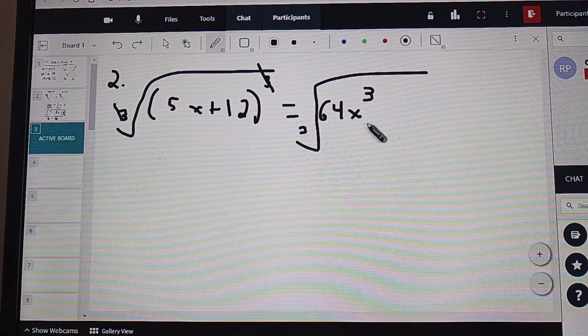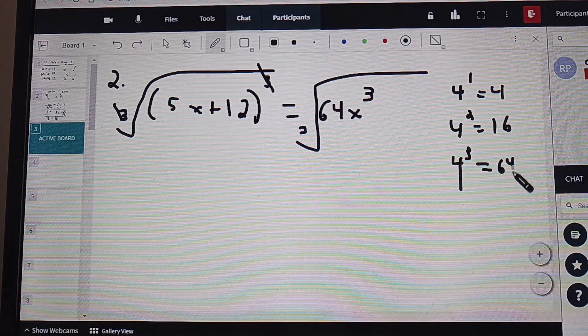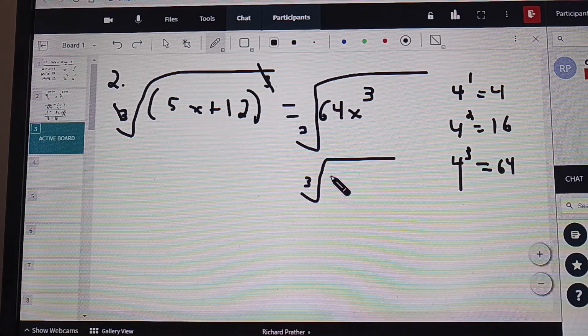And then in this case, I need to write 64 with a 3 exponent. So it turns out that's a 4. 4 to the 1st is 4. 4 squared is 16. And 4 to the 3rd is 64. So we'd want to write this one as 4 to the 3rd,